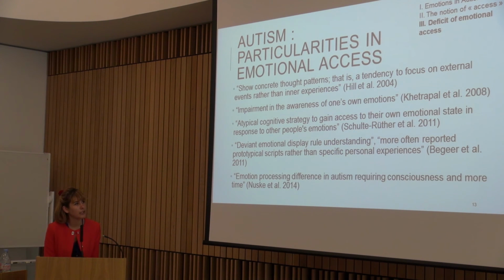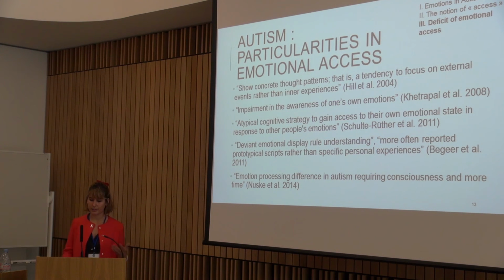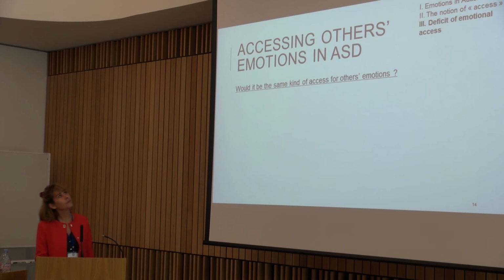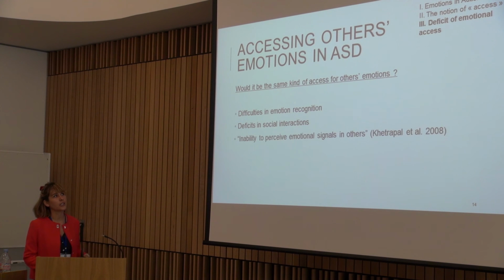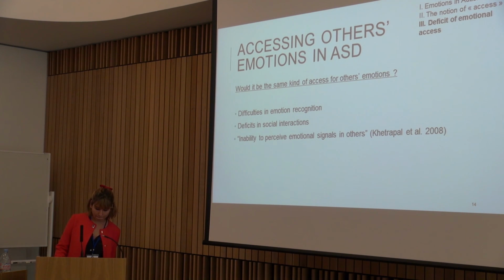In a recent study, Nask and colleagues talk about emotion processing difference in autism requiring consciousness and more time. So they would use the system 2, which is unusual according to the authors, because neurotypical people would use more the system 1. We could also wonder if it would be the same kind of access for others' emotions, because people with autism have difficulties in emotion recognition, deficits in social interactions. Some authors talk about inability to perceive emotional signals in others,